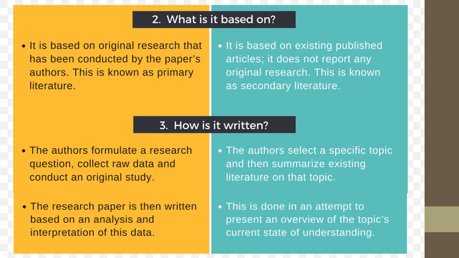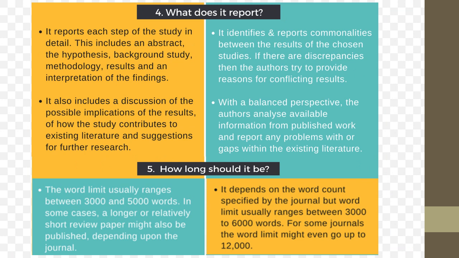The third difference is that a review paper attempts to present an overview of the current state of the topic, while a research paper attempts to analyze the data collected from an original study. The next difference lies in what is being reported. In this regard, a review paper reports the similarities and discrepancies of the chosen studies and highlights any problems or gaps within the existing literature, while a research paper reports the study in detail, which includes the hypothesis, background study,